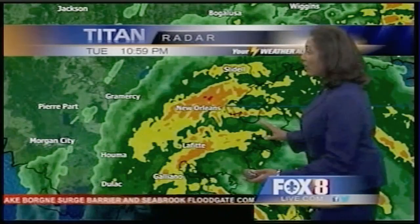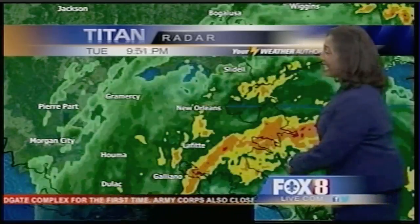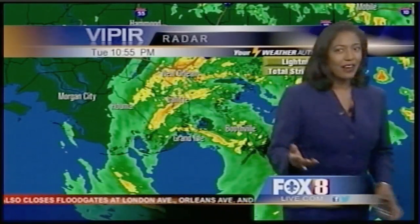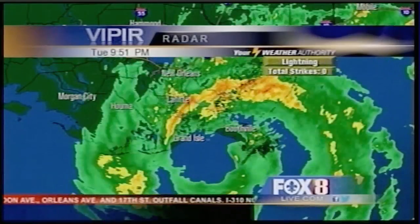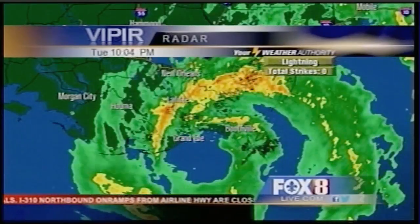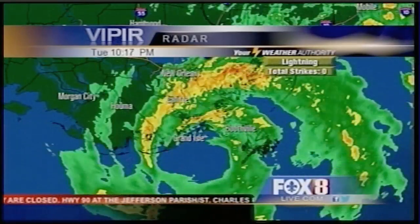So right now, continuing to see a lot of rainfall just moving across the city. And as long as we stay in these bands, that's when we're going to be getting those high rain totals. I want to switch over to Viper because I think Viper just gives you a little bit better depiction here of exactly what's going on. You can see the area of the eye wall just a little bit better in here, and gives you some perspective on what we might expect as you go into just the very short term here, looking for those rain